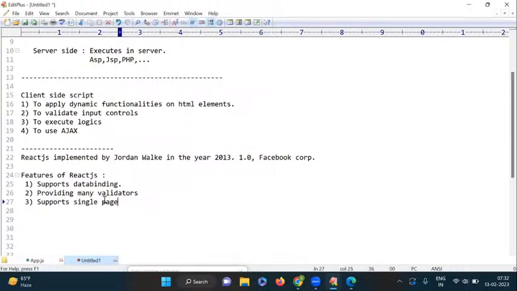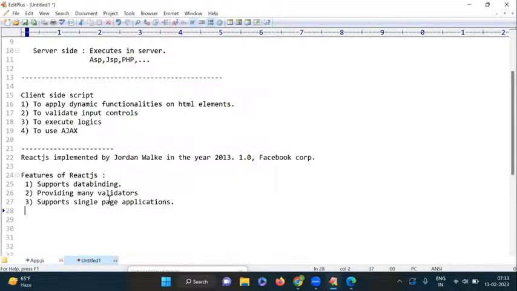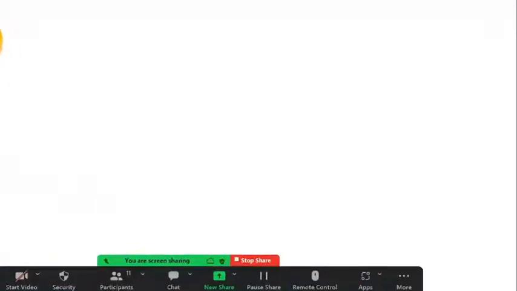Next one here, supports single page applications. Yes. The next advantage is React supports single page applications. What is a single page application? What is the advantage of a single page application? It is a very important and very popular concept. I will give you just a simple overview. Now here, for example,